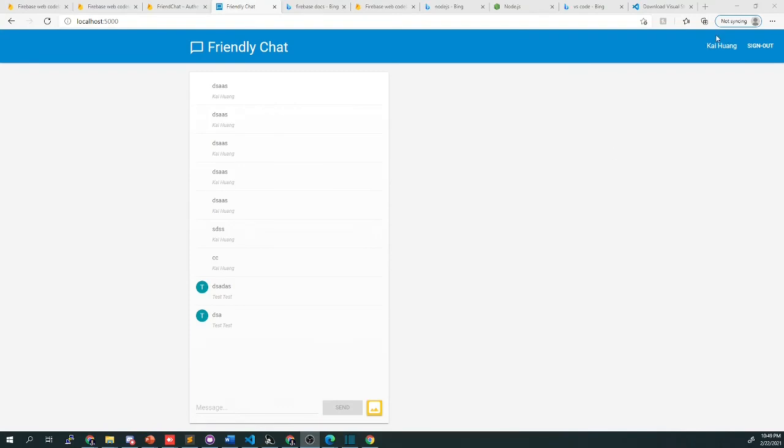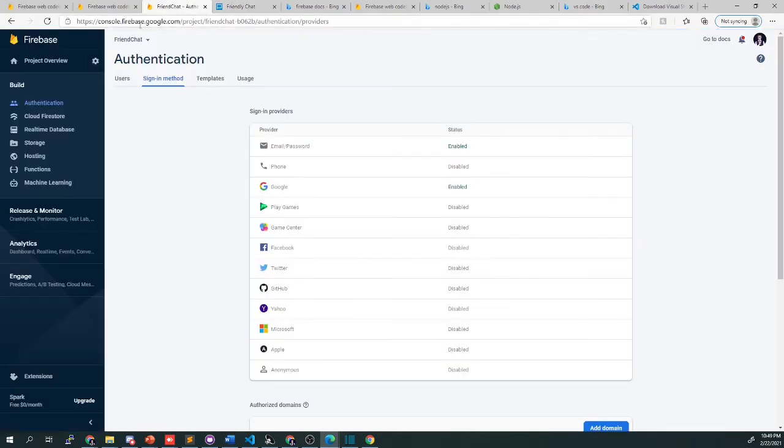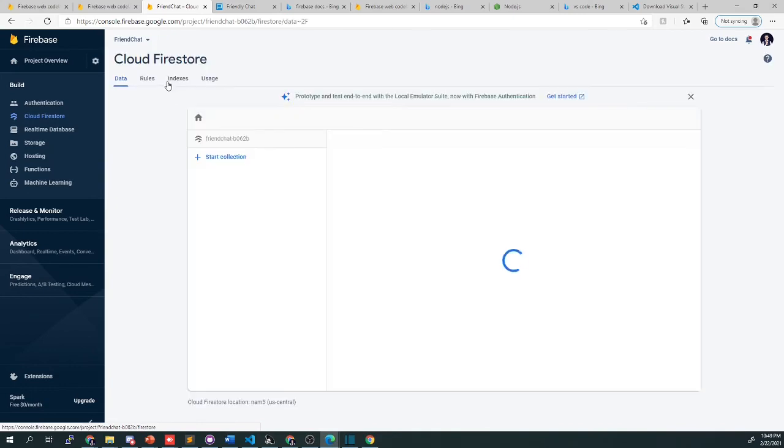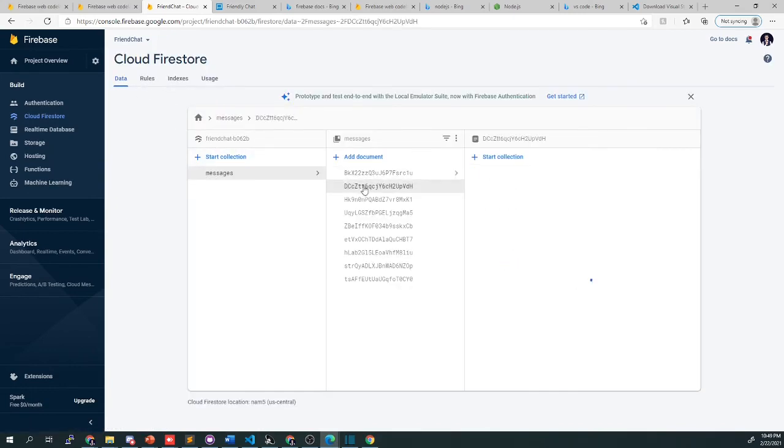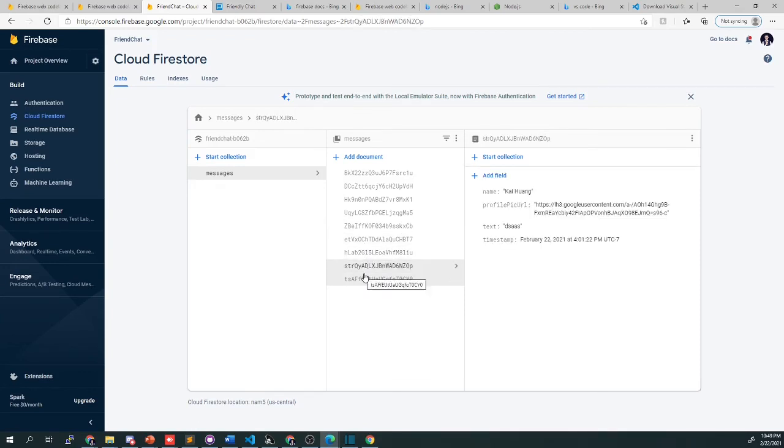Go back to the other one where I log in as Kai Huang, and you can see the test message shows here. Also, if you go to the console, Cloud Firestore, the messages here are all the message history that's saved in the real-time database. Why I say this is, first, there are two features. First is NoSQL, so one advantage is that you no longer need to first build the columns, right? And second is real-time database, which means if I change some message here,